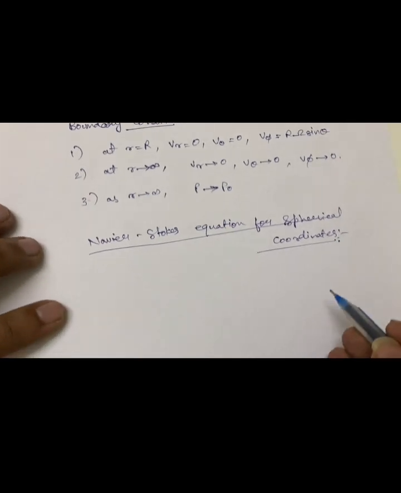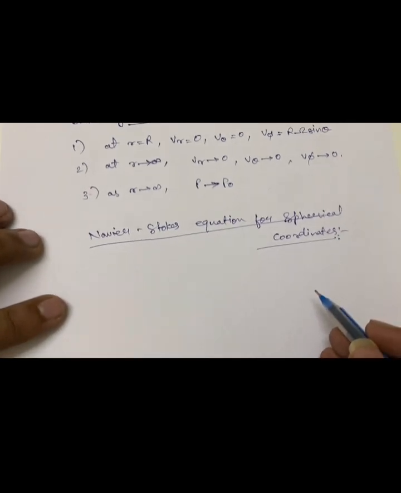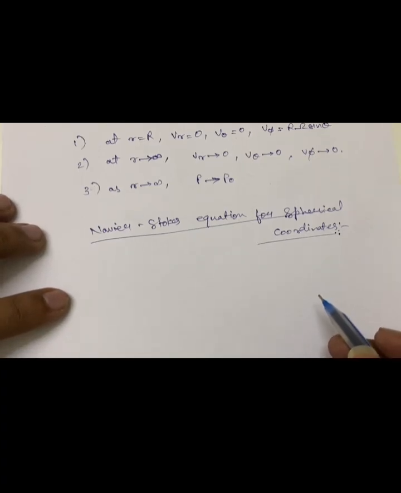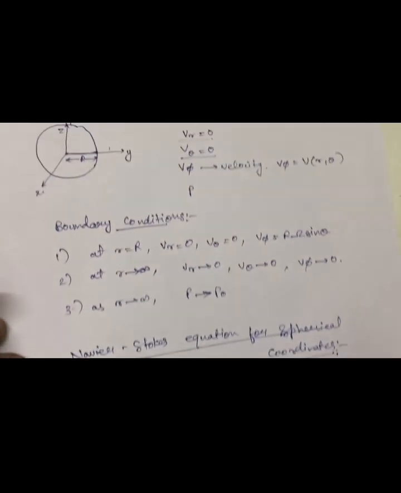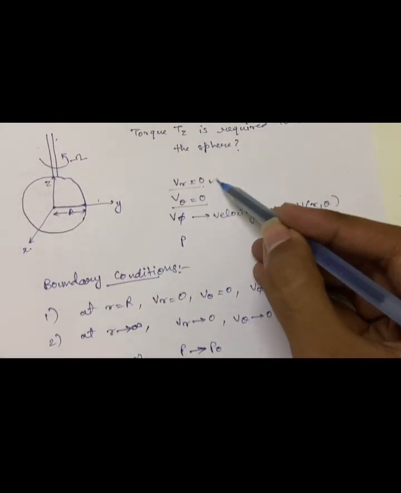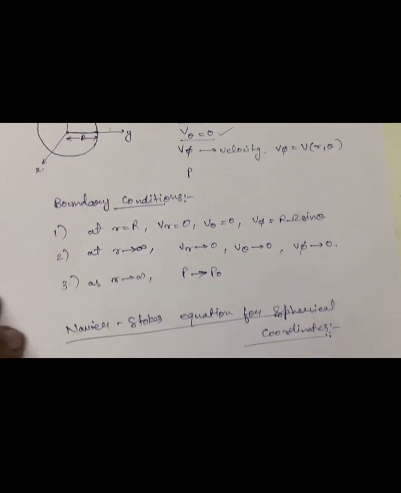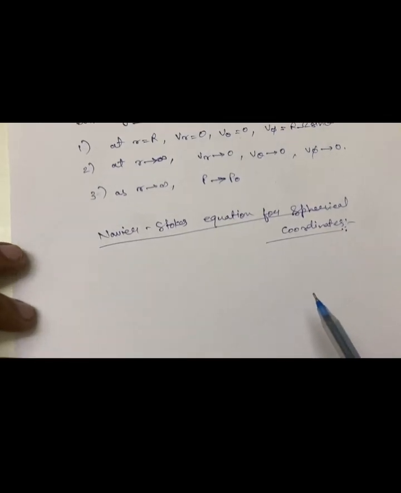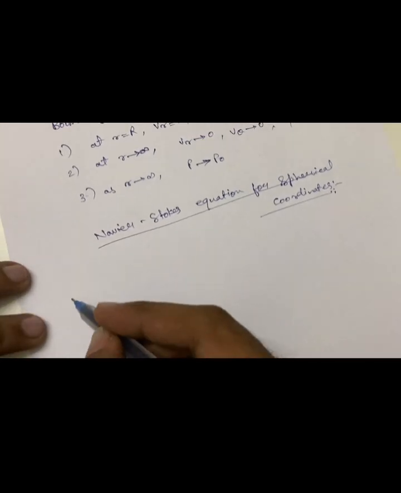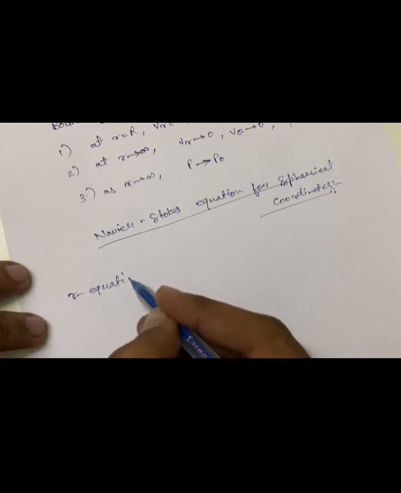First is the r equation of motion, second is the theta equation of motion, and third is our phi equation of motion. As in our question, Vr is 0 and V theta is 0, so we will not consider the Navier-Stokes equations for the r and theta directions, but I will write it once, and then we'll neglect it. So the r equation gives